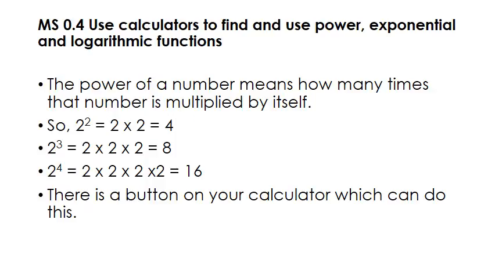The power of a number simply means how many times that number is multiplied by itself. So if you have 2 raised to the power of 2, which is written here as 2 with a superscript 2, then that's just the same as 2 times 2, which is going to be 4. If you have 2 raised to the power of 3, that's not 2 times 3, which a lot of people do, it's 2 times 2 times 2, so it's 3 lots of 2 multiplied together, and that's 8. If you have 2 raised to the power of 4, then that's 2 times 2 times 2 times 2, which